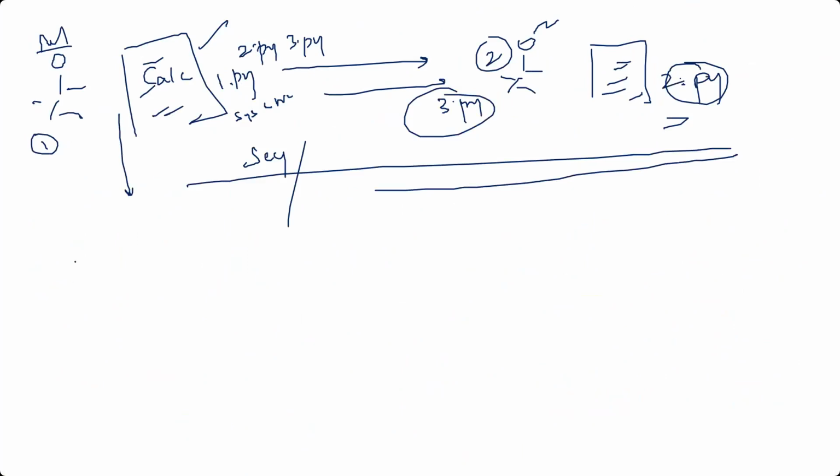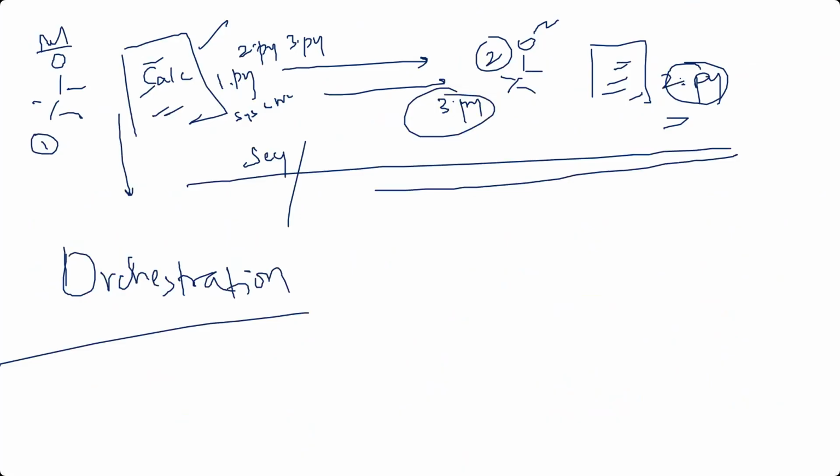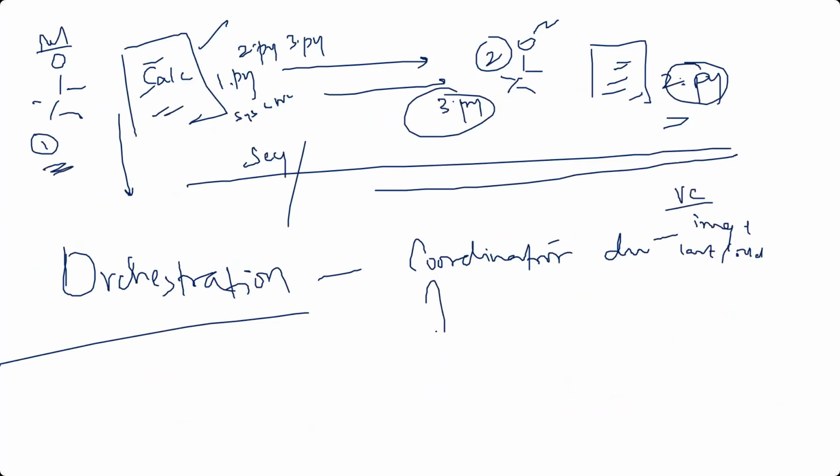That's where the tools called orchestration tools come into the picture. Orchestration tools help coordination among developers to tell which is the right image, which is the latest image, which is the old image. It's like version control for your images. And it also helps developers like developer one to